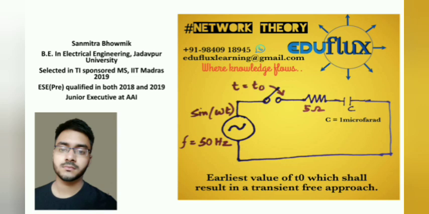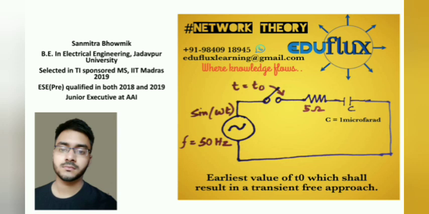Now, let us quickly move to the problem. What does the problem demand? Just like the last problem, here also we have been given a voltage source that is sine of omega t. Here we have a switch that is closed at t is equal to t naught. And there is a R, and instead of an L we have C, and the value of the capacitor is 1 microfarad. We have to find out the earliest value of t naught, that means the switching time, for which we will get a transient free